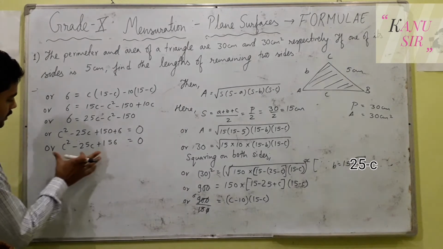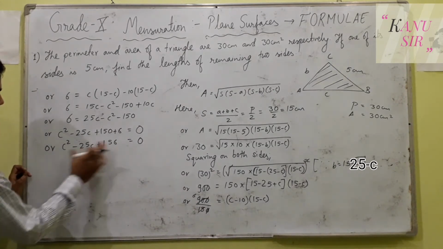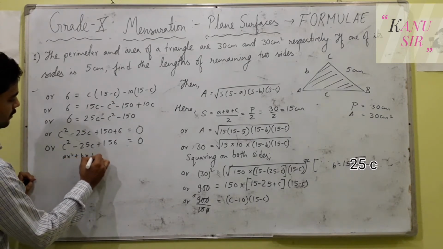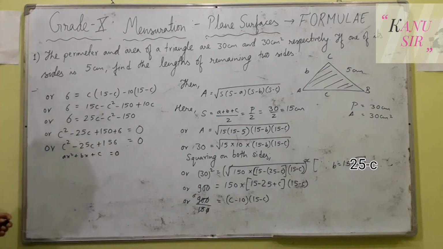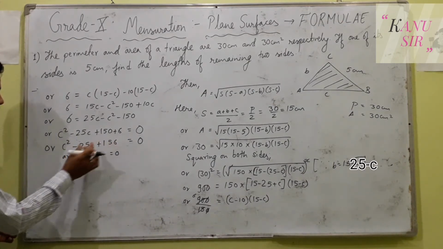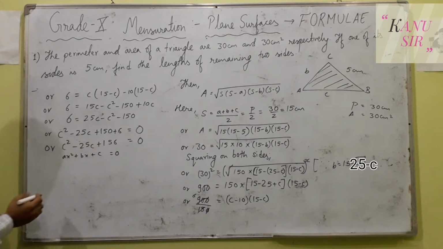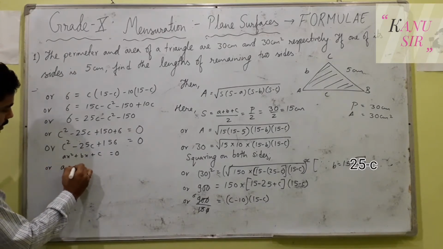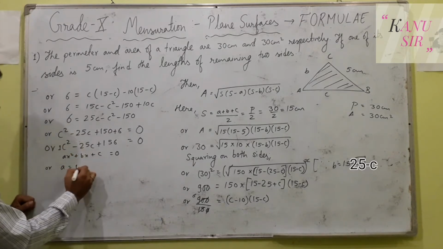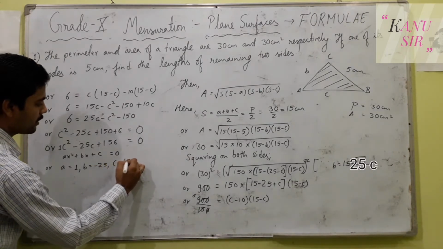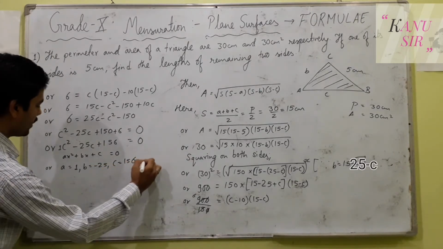Now we have to solve the quadratic equation. It looks like ax² + bx + c = 0. You can do middle-term breaking if you can break this 156 in terms of 25 also. Here I am just directly going to use the quadratic formula. The value of a is 1 because there is 1 with c², the value of b is minus 25, and the value of c is 156, and the variable x